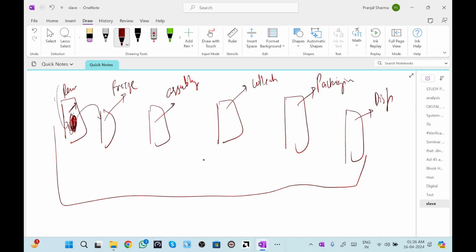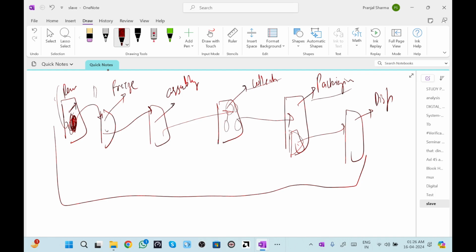Then after being cascaded into different designs, it is frozen, and after that it goes to the assembly, where whatever structures are there we assemble in different ways. Then it goes to the collection, where we collect samples of each chocolate produced in the past three stages. Then we have the packaging, where all these different chocolates are packed into different boxes. Then it goes to the dispatch.